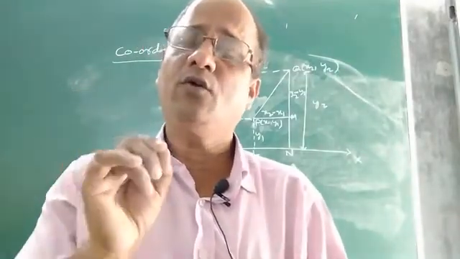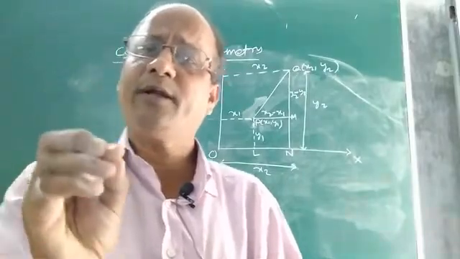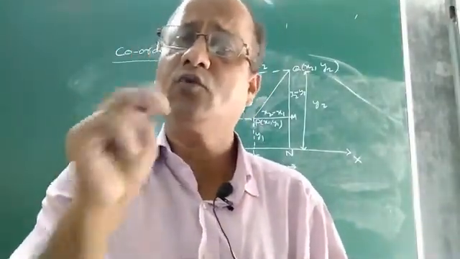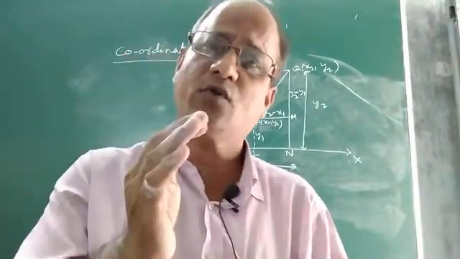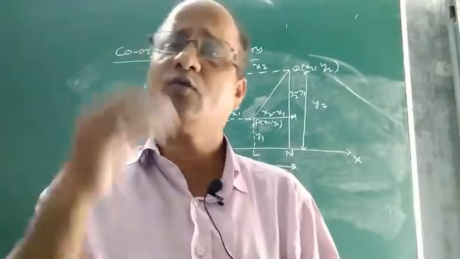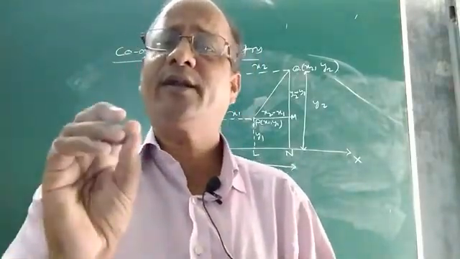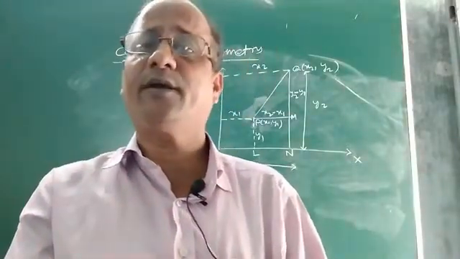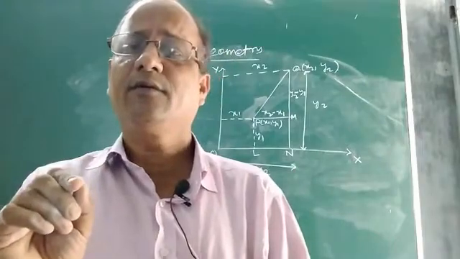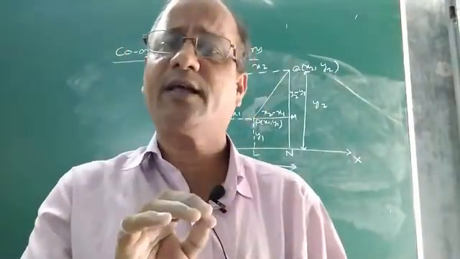And we know many things in coordinate geometry. If you take any point in the Cartesian plane or the coordinate plane, it will have two coordinates. One is the x coordinate, the other is the y coordinate. How to find the x coordinate and the y coordinate of a point, you know all these things. The x coordinate of a point is called the abscissa of the point. The y coordinate of the point is called the ordinate of the point. Okay. There are four quadrants. We read it in class 9.